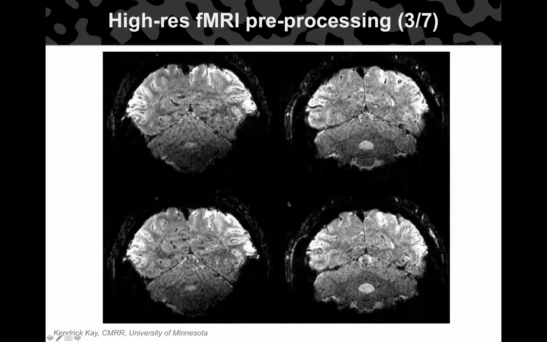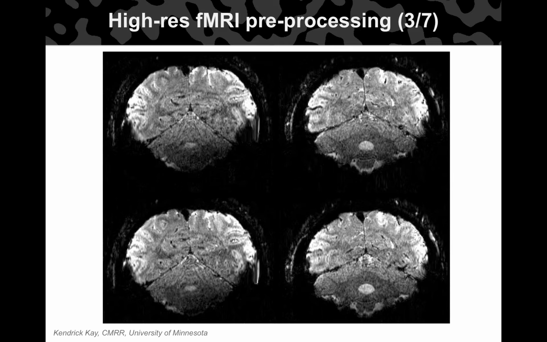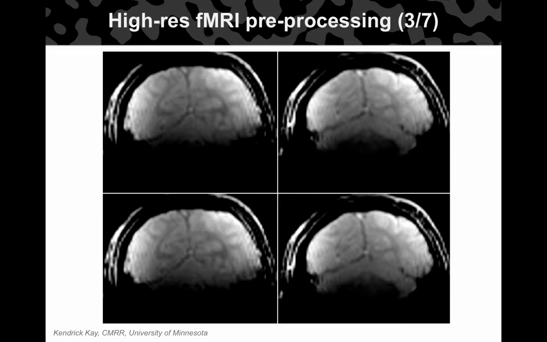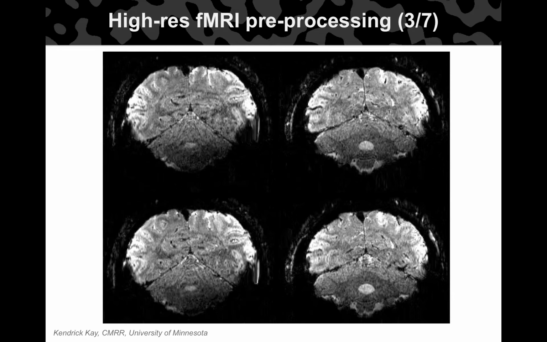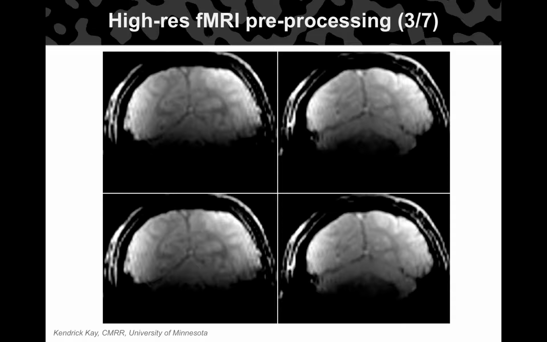And so this is an image showing that. This is just before and after undistortion. We're not using any brain masking, which I see some people do, because the brain masking itself could be susceptible to problems. Anyway, this is before and after distortion, and it's very hard to see here, but this is supposedly the more anatomically correct.